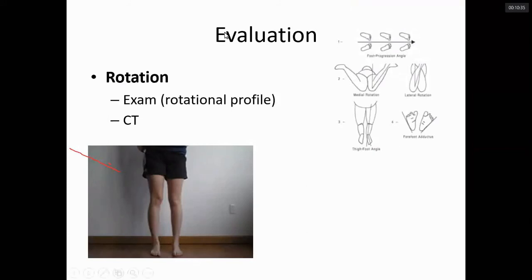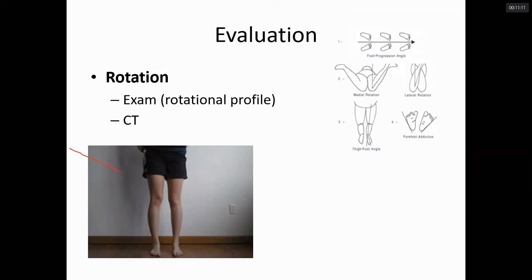So clinical examination, you need not go into details. There are various angles that can be measured. One of the easy things is you ink the sole of the patient. The sole of the patient is colored by blue ink, and a paper is placed on the ground, and he is asked to walk in a straight line. If these two footprints are identical, there is no rotational deformity. If these two footprints are not identical, for example, one foot is going like this, excessive internal rotation or external rotation, that may be it.